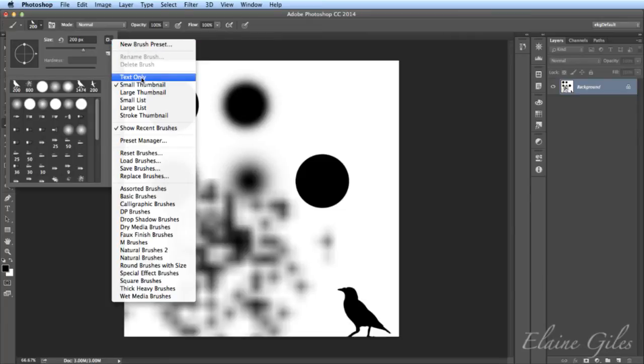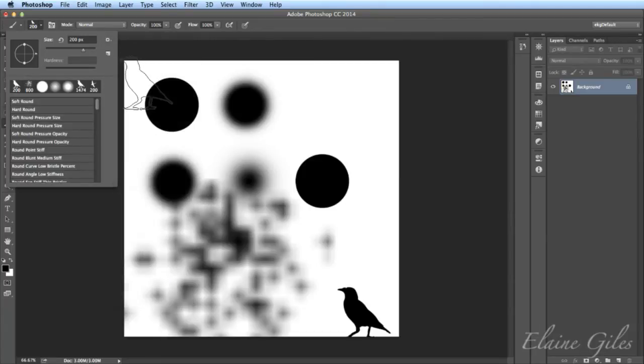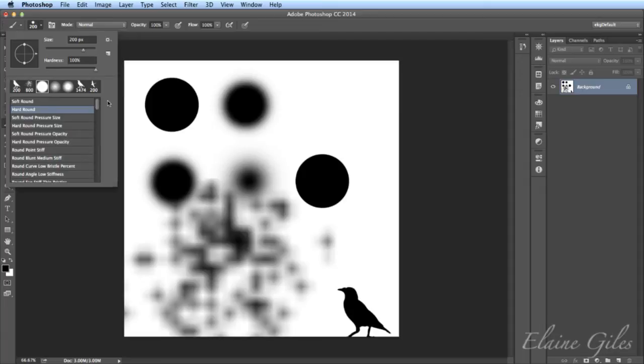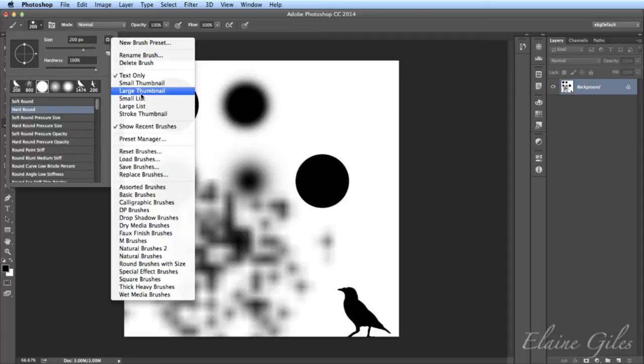But what is more appropriate at the moment is changing the look of this palette. So initially it's set to small thumbnail. As I say, this is a clean install and everything is the default. So small thumbnail is the default. But if you have named your brushes, then you can choose text only and it actually gives you the name of the brush there. So as I scroll down, you see right down at the bottom I've got some chalk and dry brushes and all sorts in there. But it actually gives it to you by name. Now if you're a visual person, you're going to hate that. But as I say, if you've named the brushes, that can be incredibly useful.